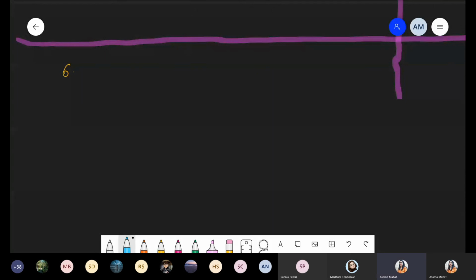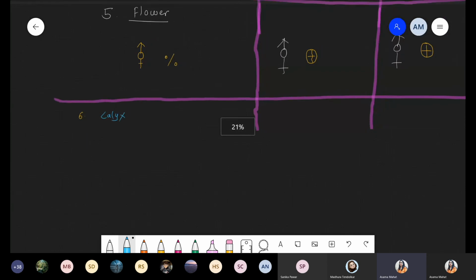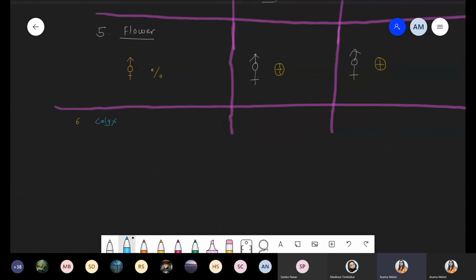Okay, done. So number 6 part we are talking about is the calyx. The calyx single letter code is represented by K. In case of Fabaceae family, there is a presence of K5, but that 5 is showing the fusion. So simply we can represent it as K for the calyx, and now the number of sepals is total 5, but they are fused, so 5 inside the bracket.